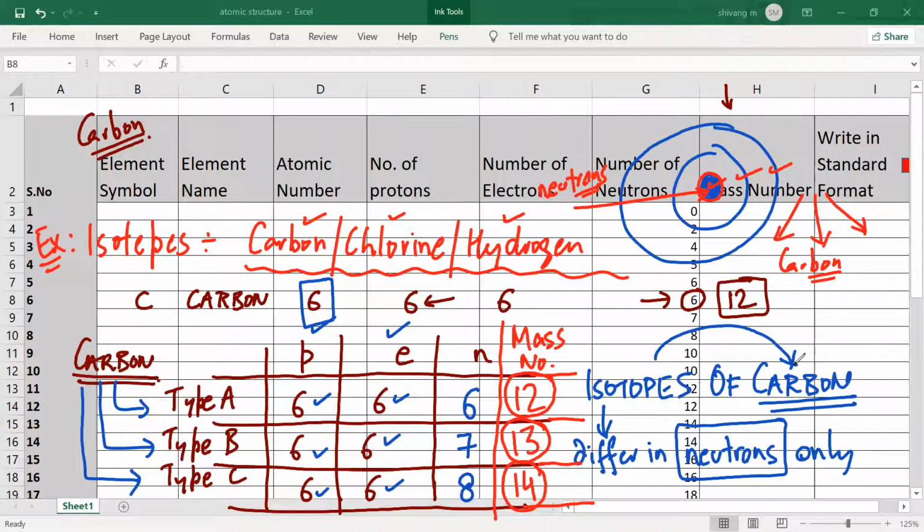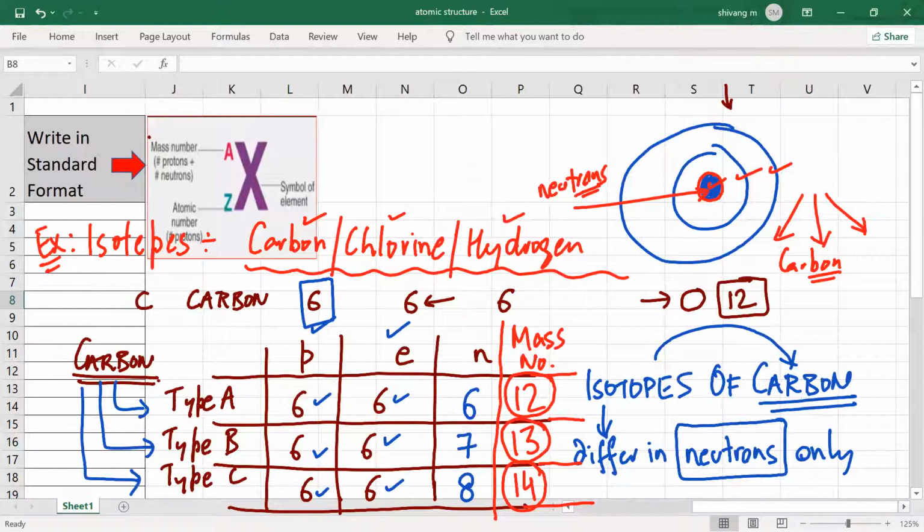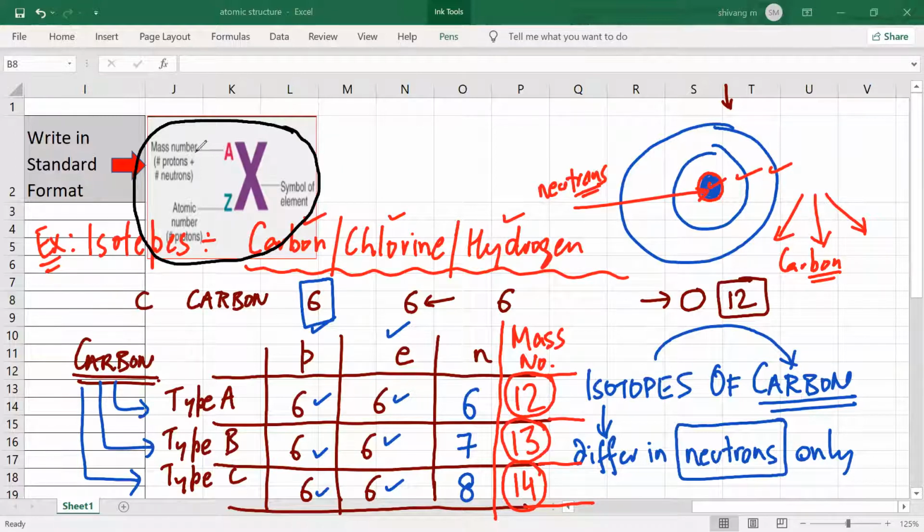Yes. Okay. Now, here I will discuss something. What we have learnt is how to write the information in standard form. Are we clear? Yes. So, for example, this is what we had learned, and this is how the information is written. Mr. Satya, are we clear? Yes. Any doubt about this information? No, sir.